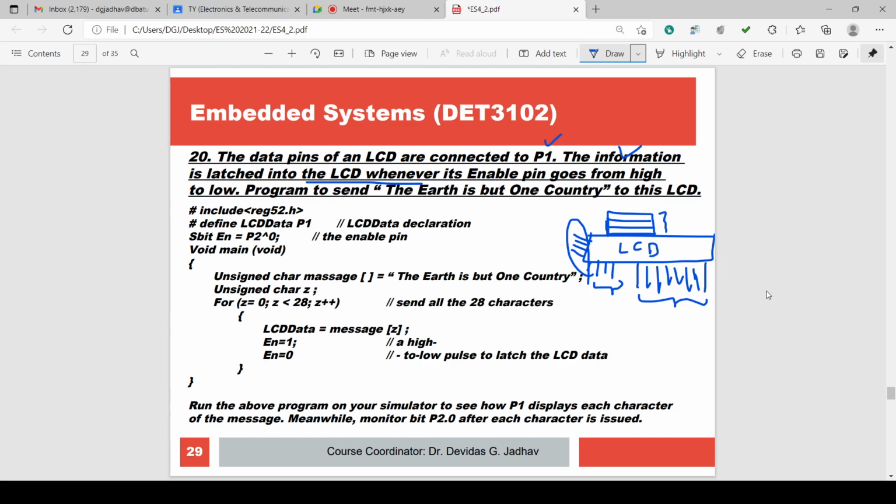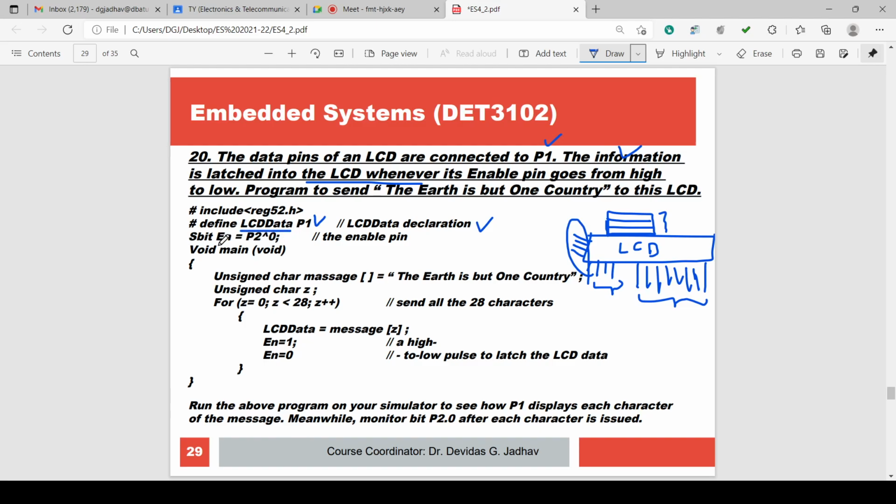So this is about the LCD. You have already studied this in the previous semester, and also in second year, both semesters. So we have to connect this to some ports and execute. We can use the LCD data declaration: the P1 port is used for the LCD data lines. P1 is connected to the data lines, so it is defined and you can use the name LCD data for P1. We do not need to remember P1 for data.